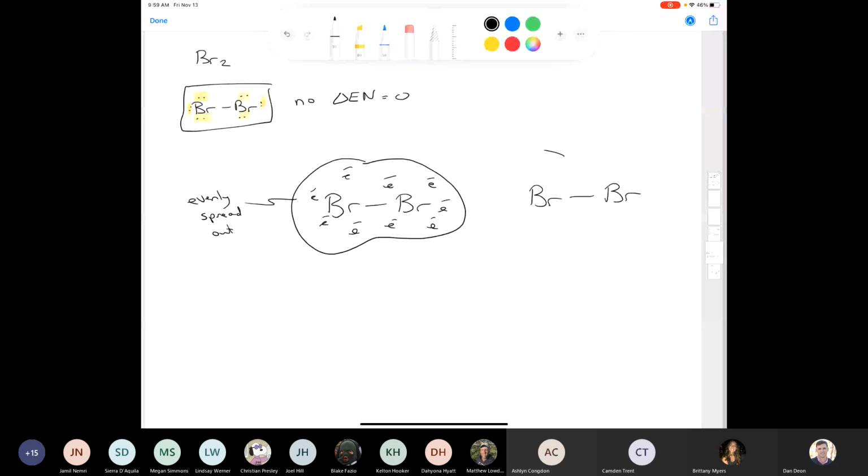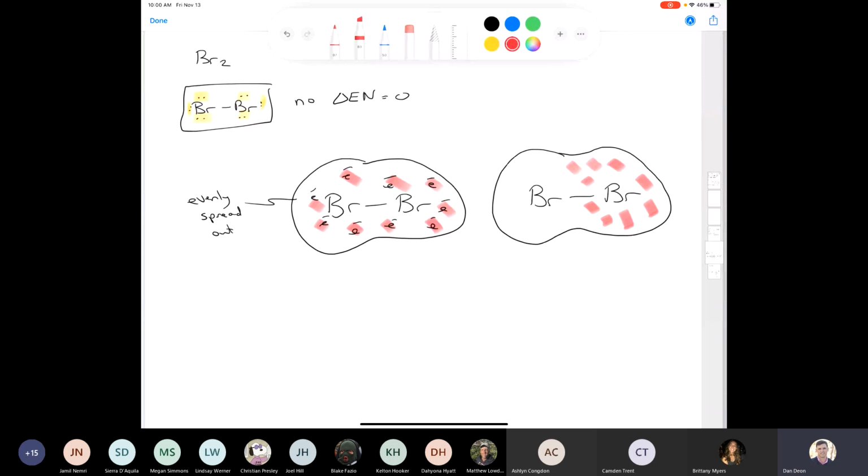Okay, good. So in my cloud, if we represent the electrons as being red, I'll try to color code it to make it easier. First, you have them all spread out perfectly. What if all the electrons ended up just on one side of the molecule, in a quick, very brief period of time? That means that this side of the molecule is going to be delta minus, and this side is going to have fewer electrons, so it's going to be delta plus. So if I have something that looks like this, and it's temporary,